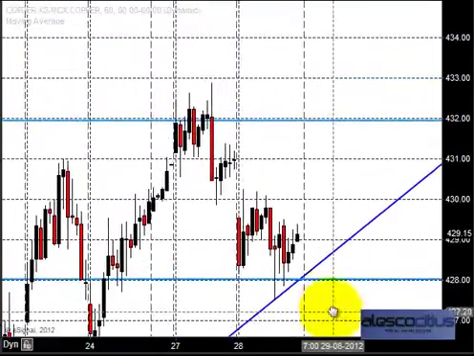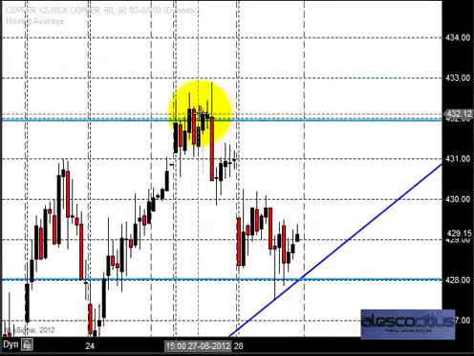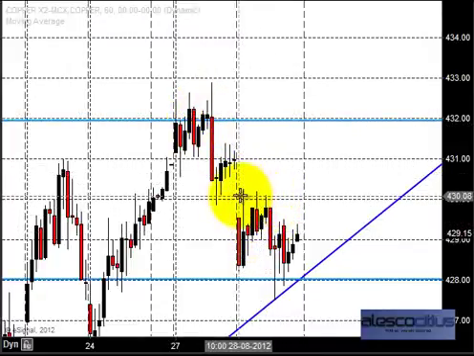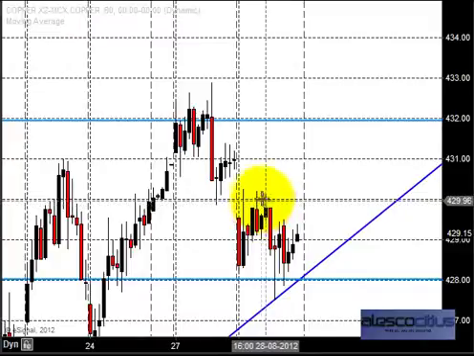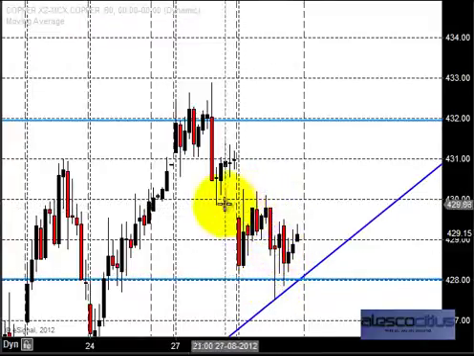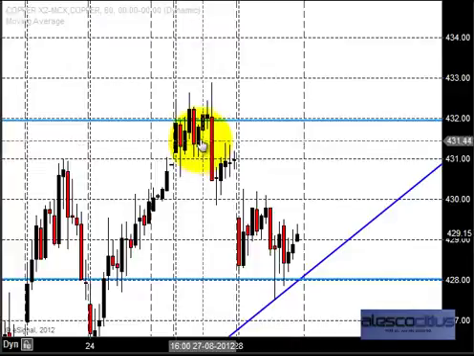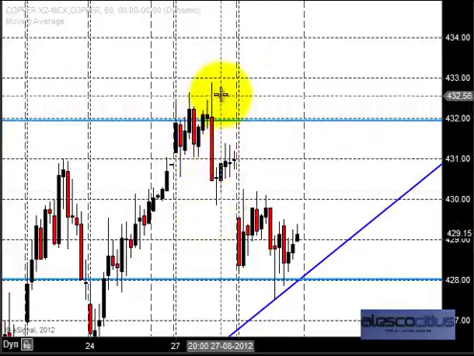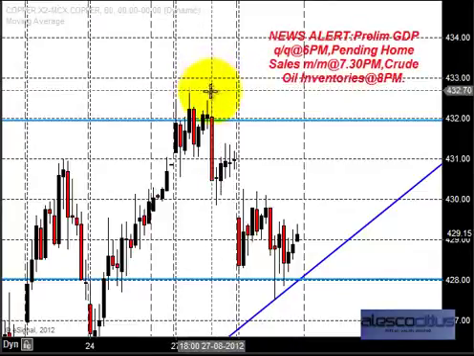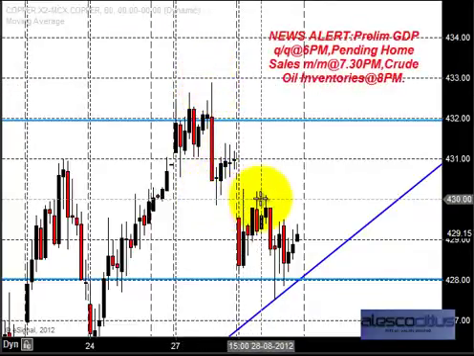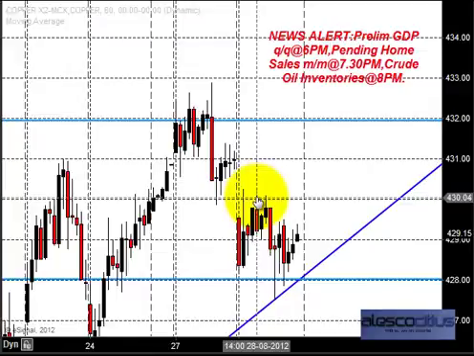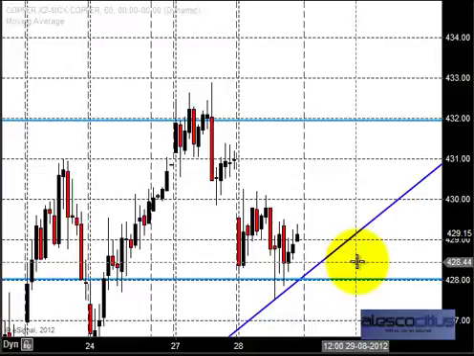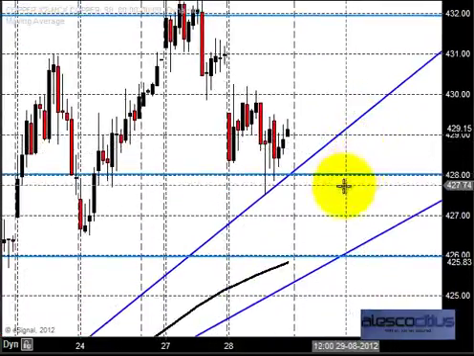We cannot deny the fact that the market is taking some resistance here around 432. If you see the entire price action yesterday, it was well below the previous day's trading zone. Monday's trading zone, you can see, was around 430 to around 433. Yesterday's trading zone was completely below the previous day's trading zone. We also want to make a note of that, which always indicates that there is some selling